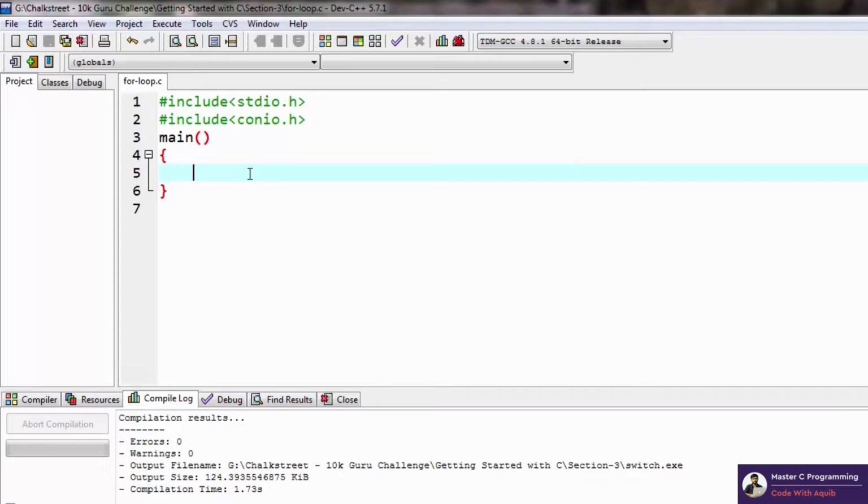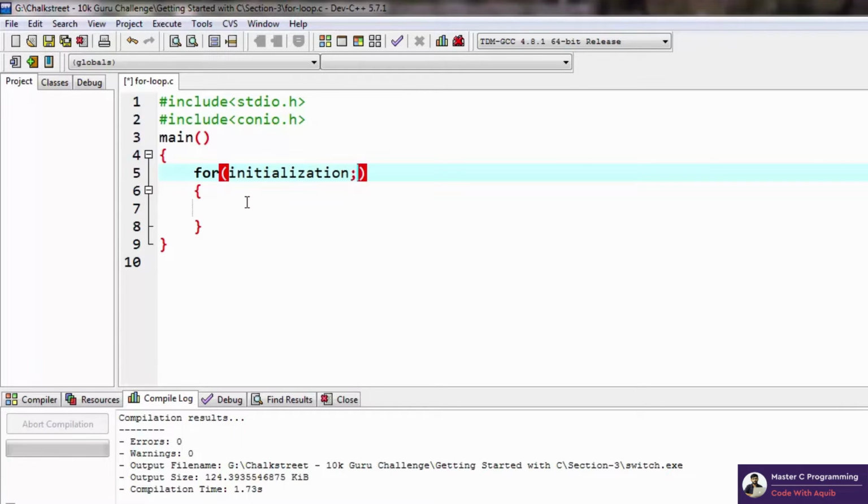Now, C basically has three loops: the for loop, while loop, and the do while loop. And in this one, we'll be dealing with the for loop. So, let's get started. The basic syntax of a for loop is this: we have for followed by a bracket and a block, right? And here we have something called the